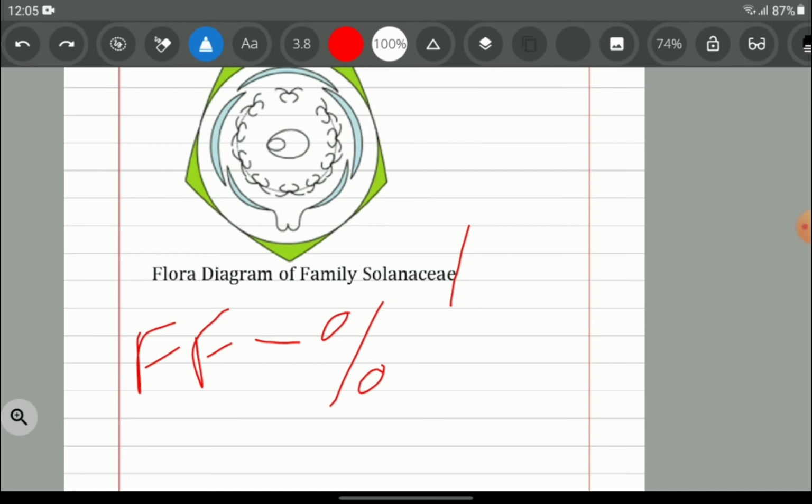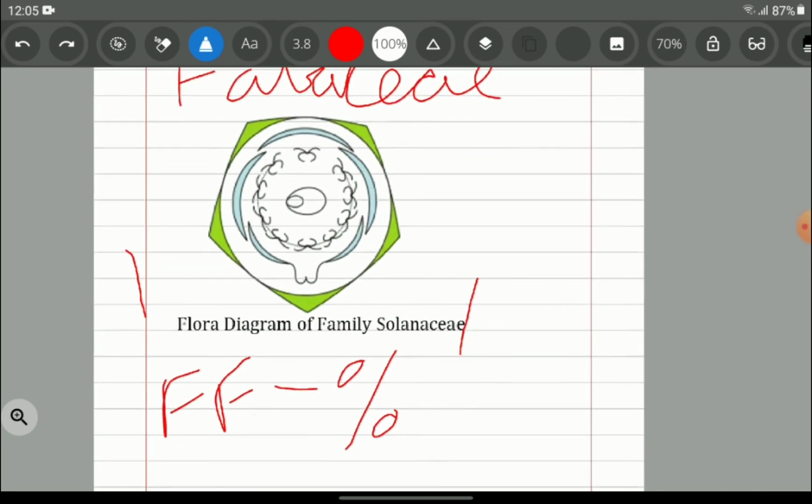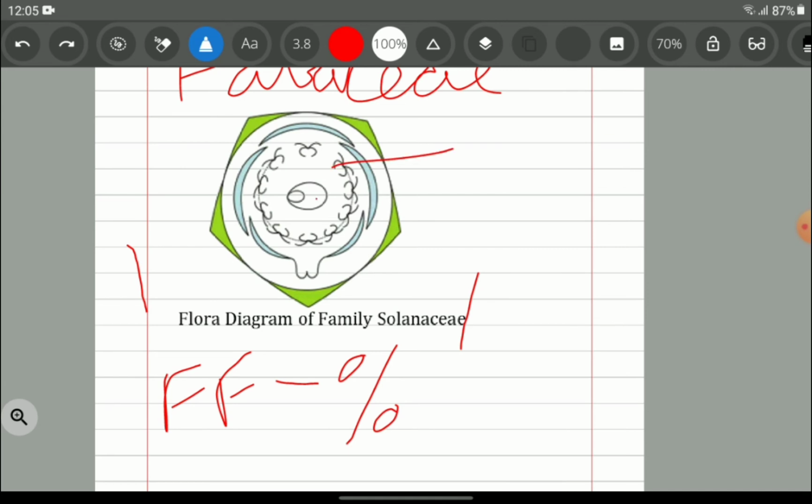Then coming to the gender, whether it is a male flower or a female flower, we have both anther and the ovary, that means it's bisexual. How should we write bisexual? A circle, a plus and an arrow mark. So this is bisexual. Then coming to the outermost part of the flower, that is the calyx. Before judging the calyx and corolla, we need to see whether we have perianth or calyx and corolla. Over here we have 2 separate parts, calyx and corolla. So the first part is the calyx.